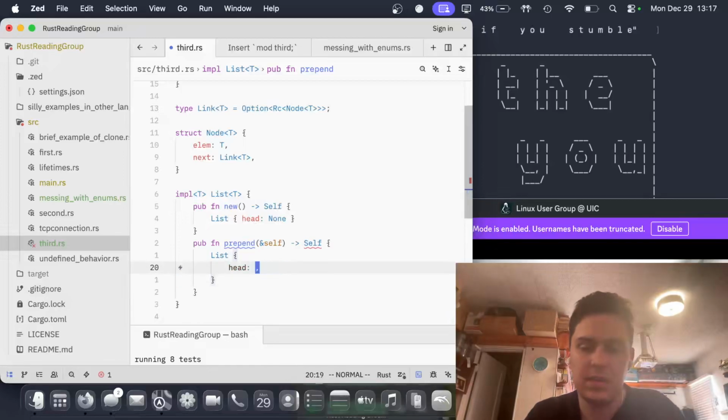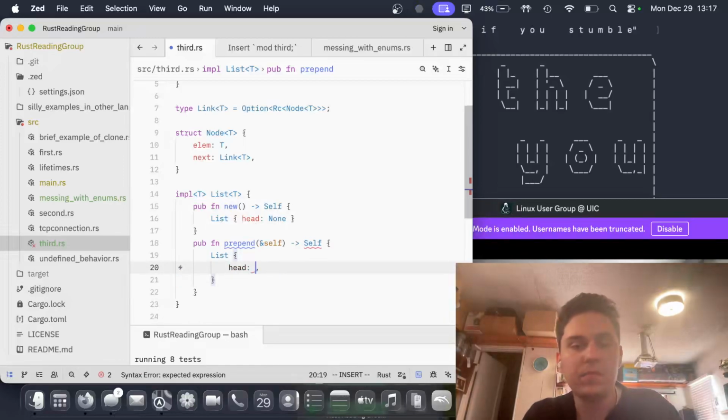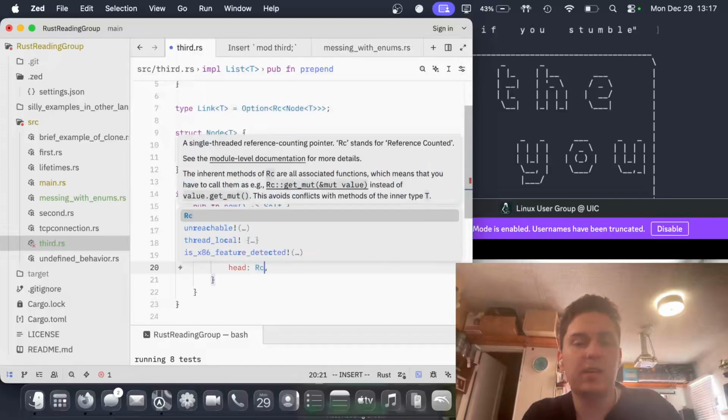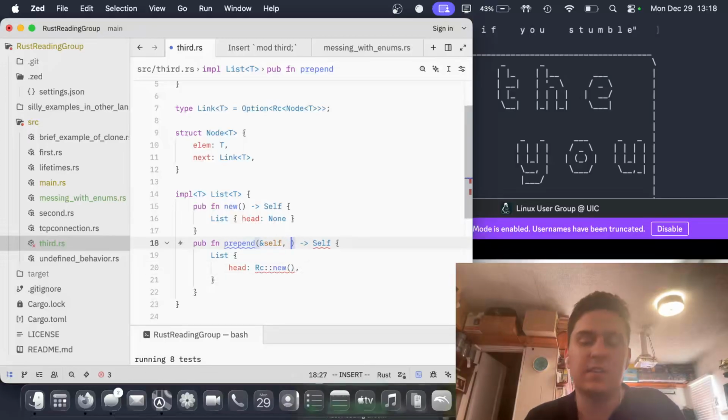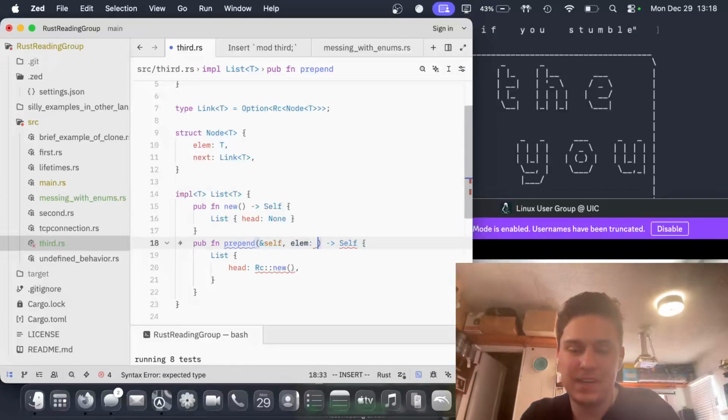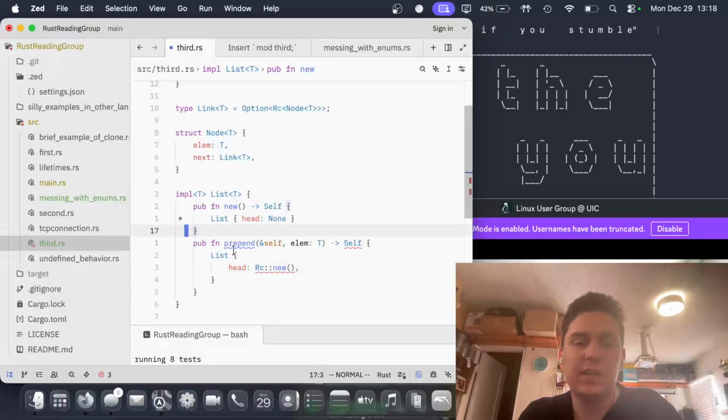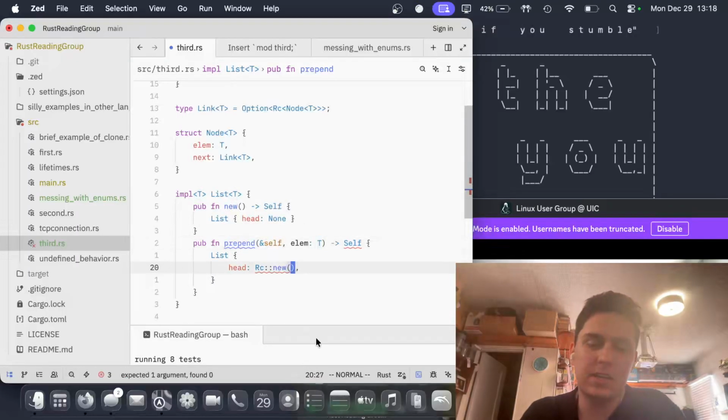I should have just typed that. So we need to make a new Rc. You do that with Rc::new, like Box. And oh right, prepend needs to take another thing. It needs to take what we're prepending. So we call prepend with another element, like another integer or something, and then we say, let's make